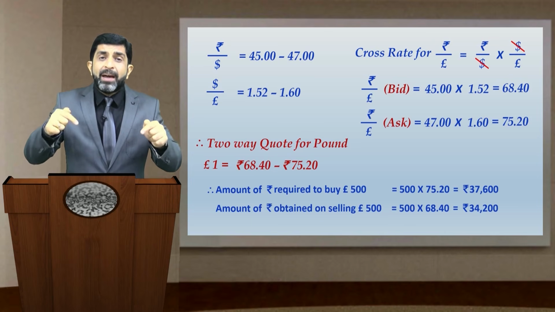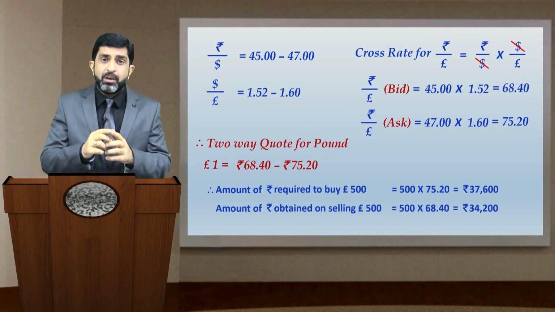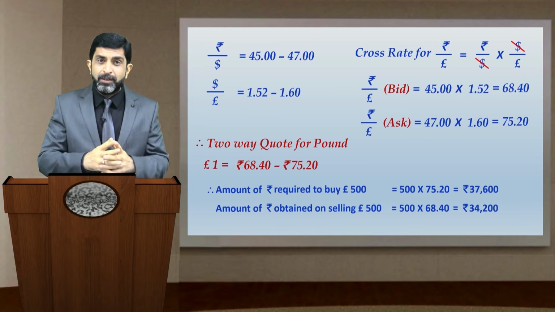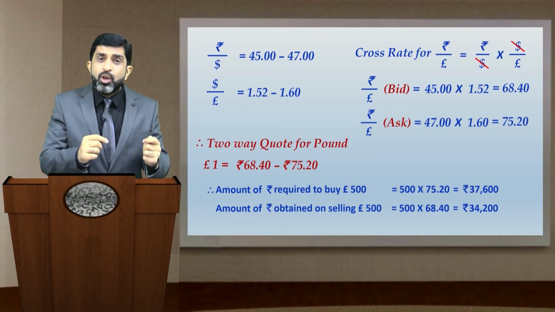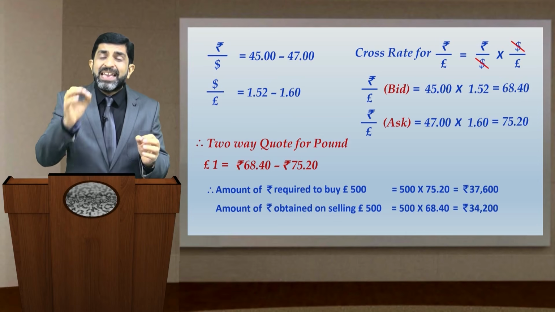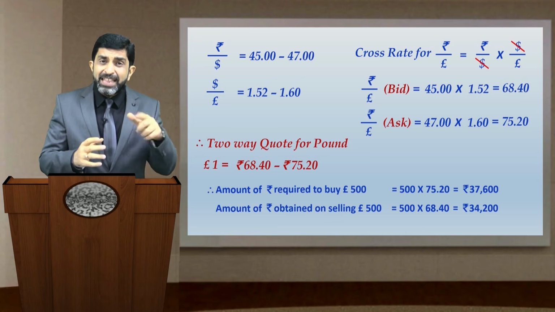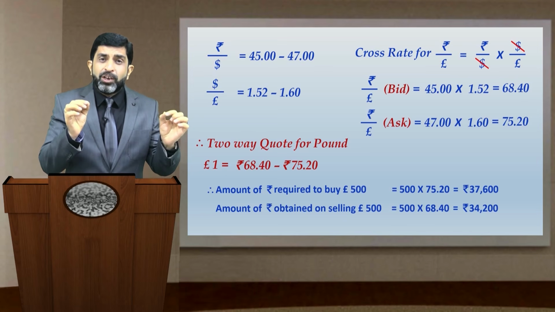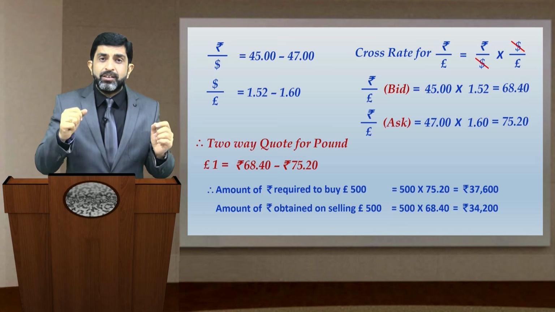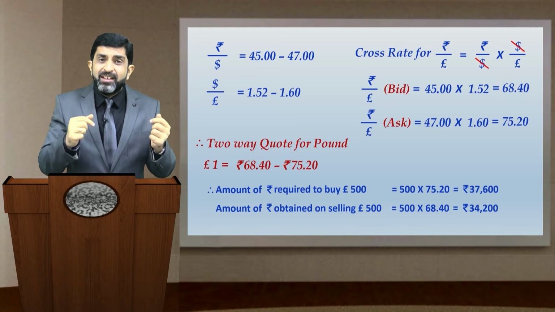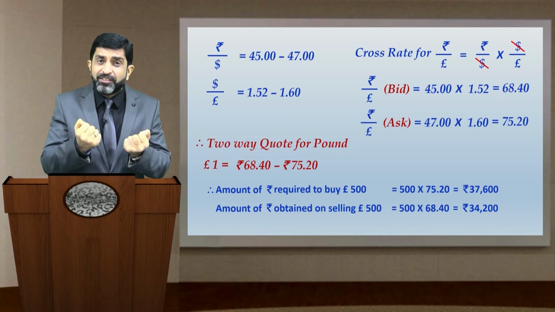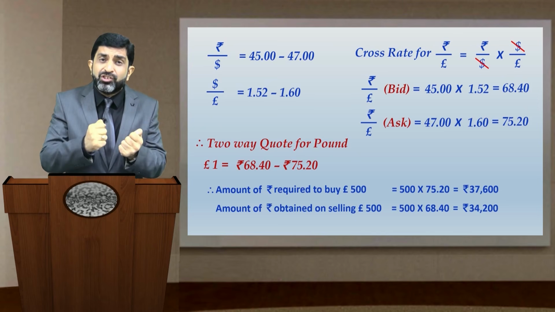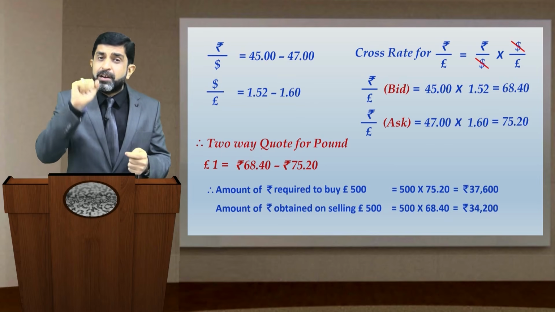But what problem I have is I have Indian rupee in my pocket. So first I have to arrange $800. Now I go to another bank which is providing dollars against rupee. That bank is quoting 45 to 47 as a rate of dollar. Now what do I have to do over there? I have to buy $800, correct? Because I have to get $800 arranged through which I will be buying 500 pounds.